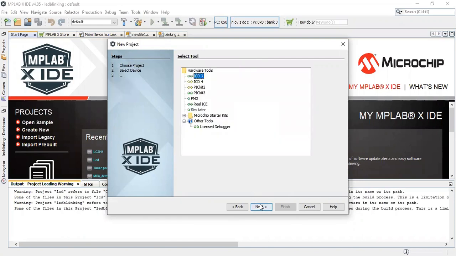Okay, now here see, I will tell you one small difference before going to the next step. Here you have to select, and there are so many options. Now I will explain. If you have the actual kit available with you, the hardware tool, what does it mean by hardware tool? If the PIC hardware or PIC kit is available with us, then we can directly download our code, our executable file, in the kit, and we can run our program. But right now we don't have the PIC hardware available with us.